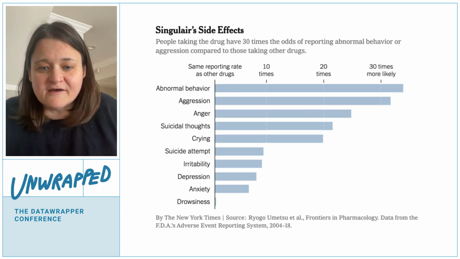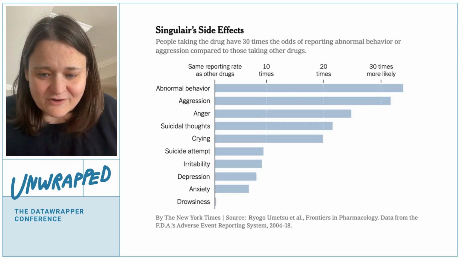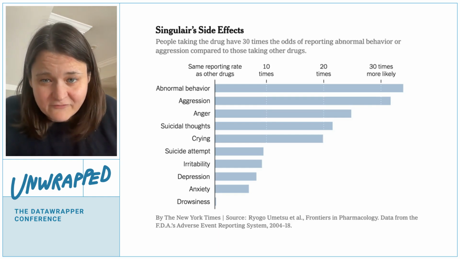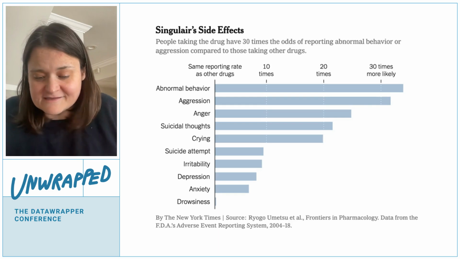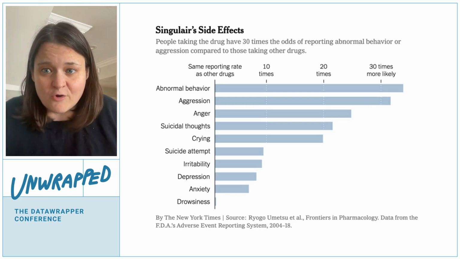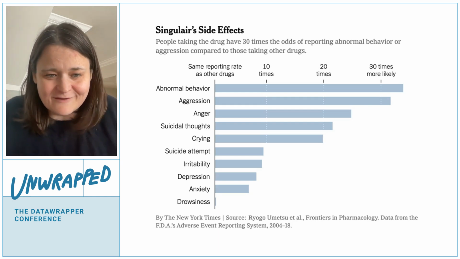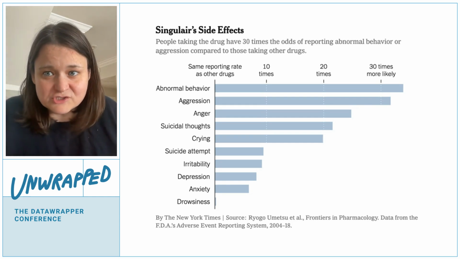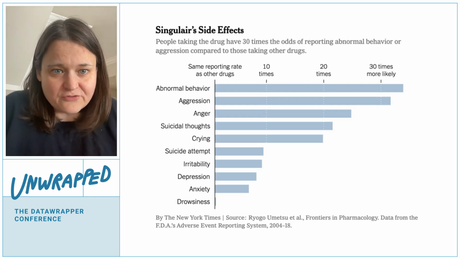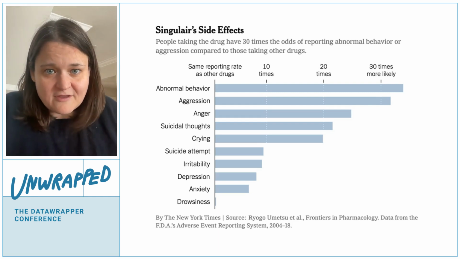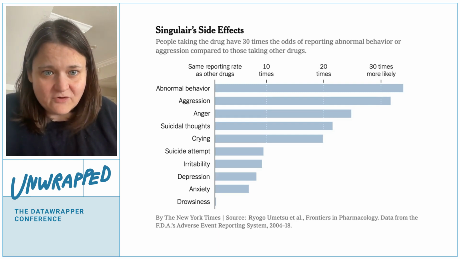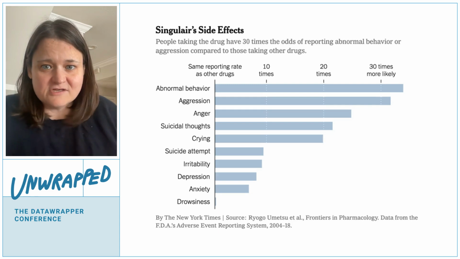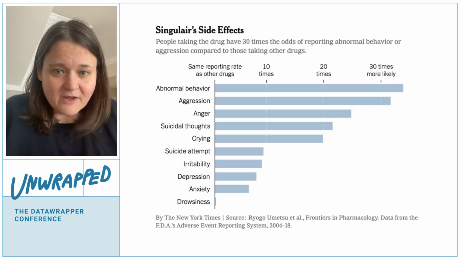Partially, it's because Jonathan uses this blue in his palette a lot, way more than anyone else. He often contrasts it with this little green, so there are easy tip-offs right away. Partially, it's about the thoughtfulness with which he does things. Jonathan is a thinker, and so the labels are always drawn to be exactly where you want them, nothing more, nothing less. He does a really good job of telling you what the chart is trying to show. So this one from a few weeks ago said that people taking this drug have 30 times the odds of reporting abnormal behavior. That is a full sentence. That is not just, here's a unit of some whatever, right?